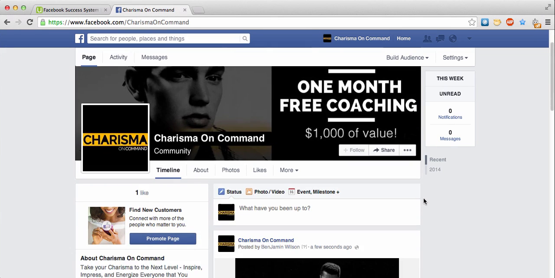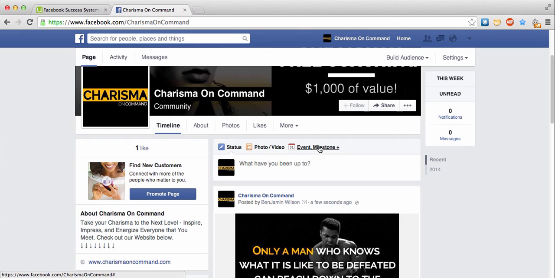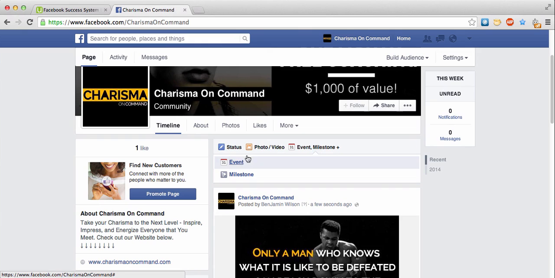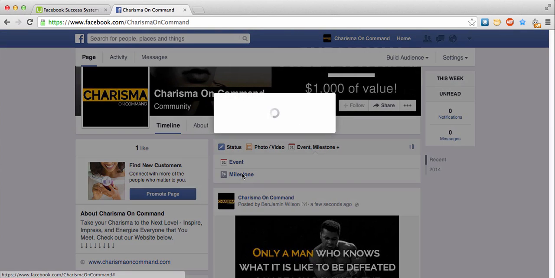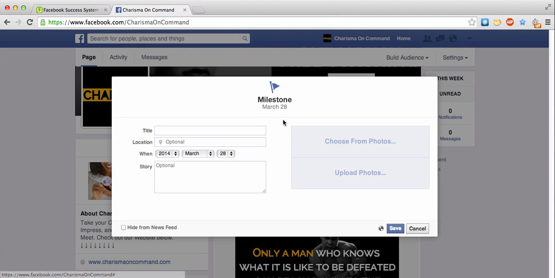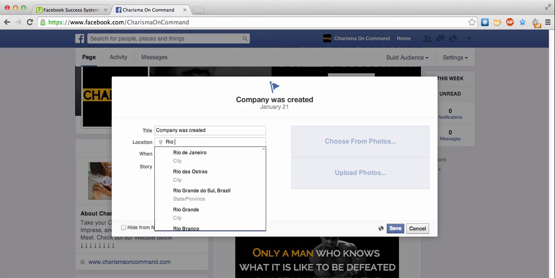So the last thing we have to do is add an event or milestone. Here we go. An event will be in the future, a milestone is in the past. So if we click milestone, we can pick a date that the milestone was achieved and have the title of the milestone here. Say your company was created, you could have a photo that you could add here to help personalize it, a location of where it was created,